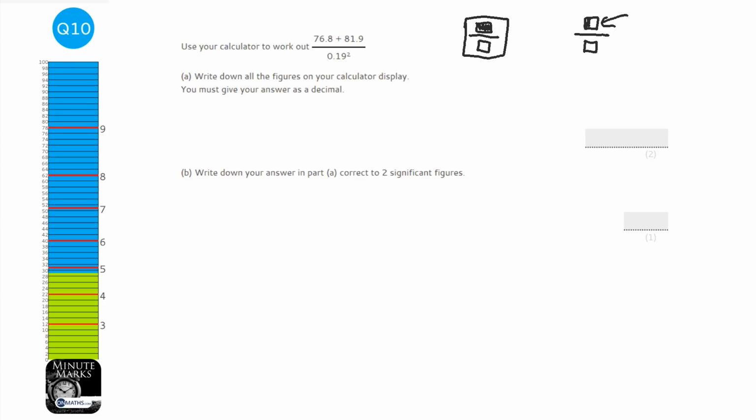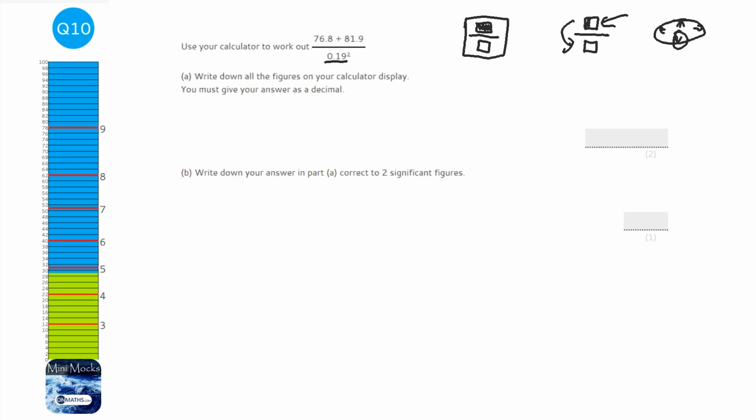76.8 plus 81.9. Okay, and so to shift downwards on the Casio calculators, there's a sort of cursor, like a cursor stick, a direction button thing. It's the big blue button beneath the screen on most of the calculators, and you just push the down to go to the denominator of the fraction. And then we need to fill in this bit here, so 0.19,